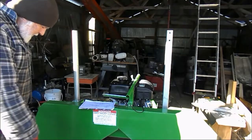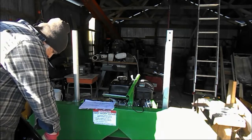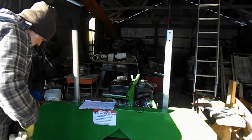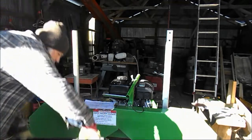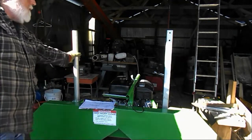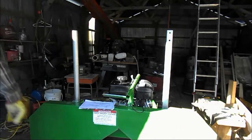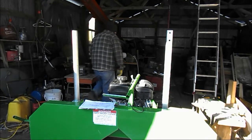The question becomes which side is top and which side is bottom. Obviously, the text on it is like this. So the problem is once this side slides over, that side bolts. So when I do it by myself, I'm going to have trouble